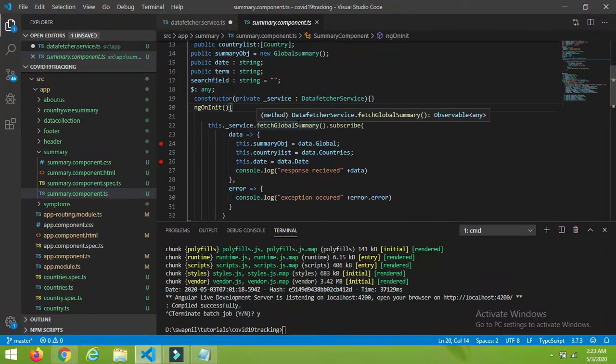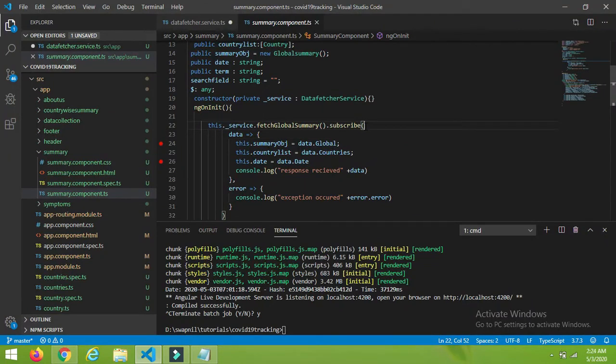Now this method returns the response in the form of an observable. If you have to use this response, you have to subscribe to it. I have explained how to subscribe in one of my videos. You can watch this video as well.